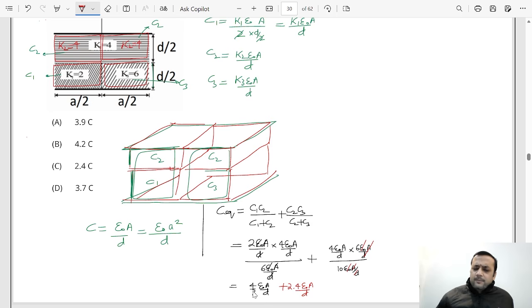So 4 by 3 is 1.3 nearly, and 1.3 plus 2.4 means 3.7, near about 3.7 epsilon naught A by D will be the answer. So option C. Epsilon naught A by D was C, so 3.7 will be the correct answer for this question. I hope you have understood. All right,